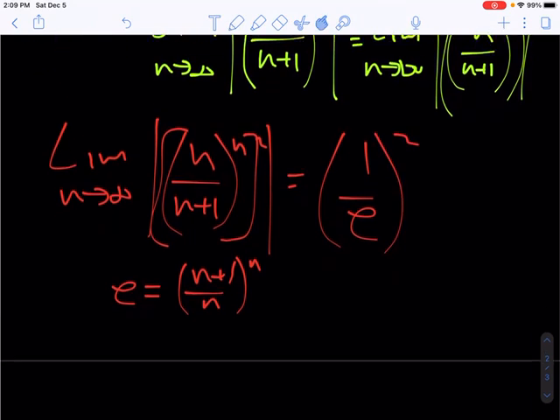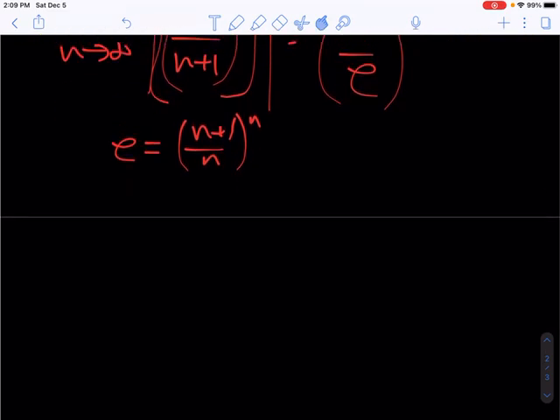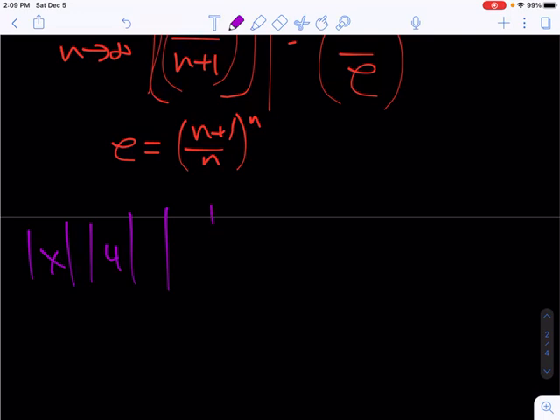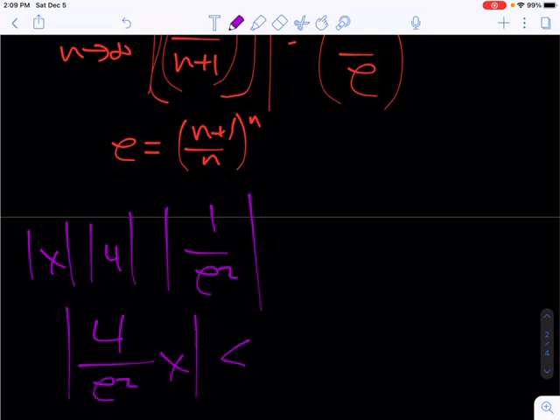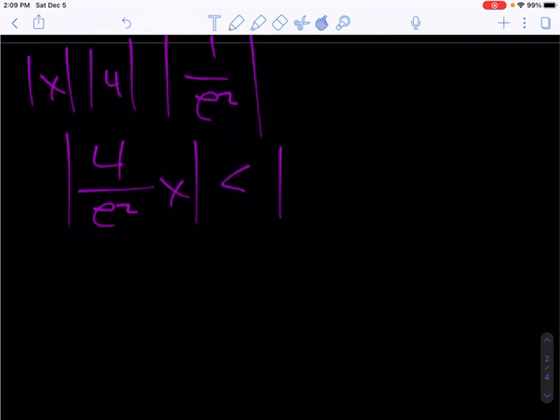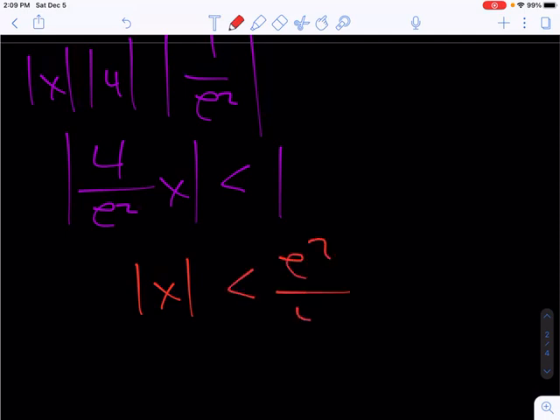And consequently, putting all of this together, we have the absolute value of x, the absolute value of 4, and the absolute value of 1 over e squared, which becomes 4 over e squared times x, and that has to be less than 1 to converge by the ratio test. So what we end up with then is the absolute value of x is less than e squared over 4. And so the radius of convergence is going to be e squared over